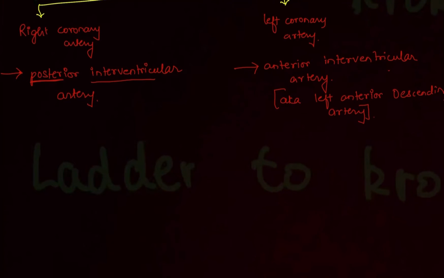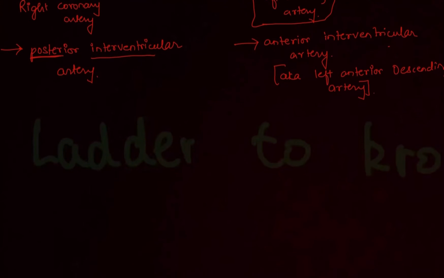So what you have to remember from this as per exam point of view: they will be giving you a question, suppose about the anterior surface of the heart. Then anterior surface, by the word itself, you must be reminded of the anterior interventricular artery. Now sometimes they don't give you the option as anterior interventricular artery. Instead, they will give you left coronary artery. As the anterior interventricular artery is the branch of the left coronary artery, the correct option is left coronary artery. So please remember the surfaces clearly: posterior will be supplied by the posterior interventricular artery, or they might give you only right coronary artery. And for the anterior, you must remember anterior interventricular artery and the left coronary artery. So this was the exam tip that you must remember.